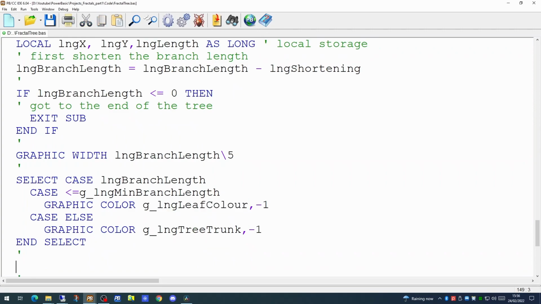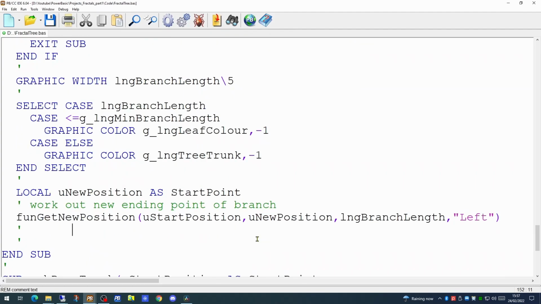And we're going to create a new user-defined type here based on the start point. We need to work out what the new ending position of the branch is. Because ideally, we want to set 2 branches coming off this trunk. And each time we get to the end of a branch, we will then branch off 2 more. We will create a new user-defined type called newPosition.